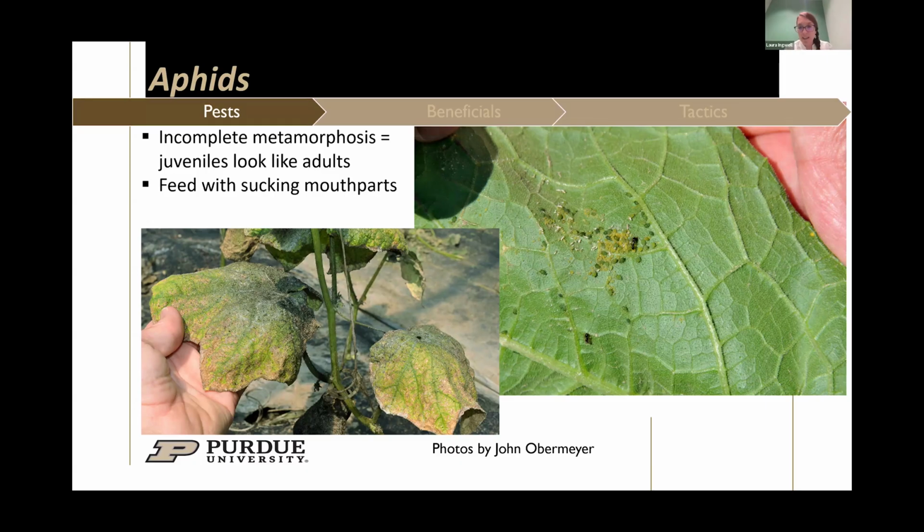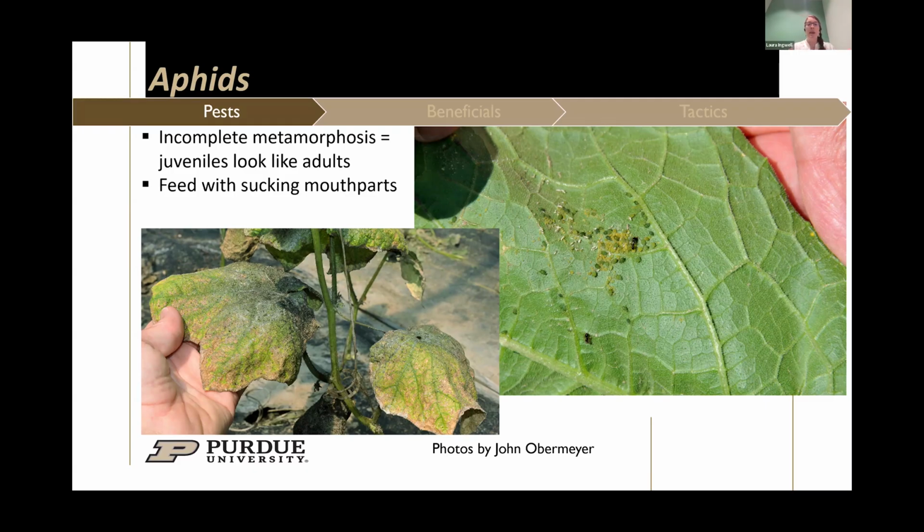And the other fun fact is if you look in this picture here, oftentimes aphids are being tended by ants. So sometimes it's easier when you're scouting in a field to see a flurry of ant activity, and that can be an indication that there are aphids on the underside of that leaf. And that is because aphids are feeding on the sugary photosynthate of the plant, and they consume more sugar than they can utilize in their digestion. So they excrete it out the back, and then the ants come and eat the sugary snack and protect them